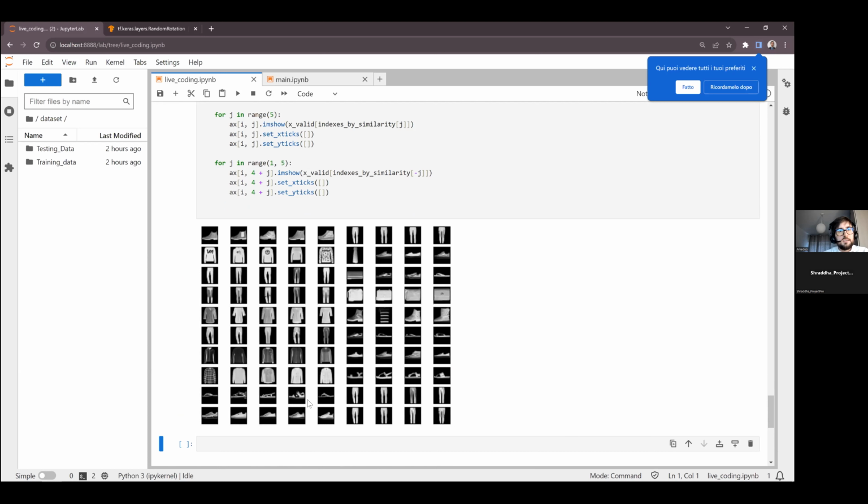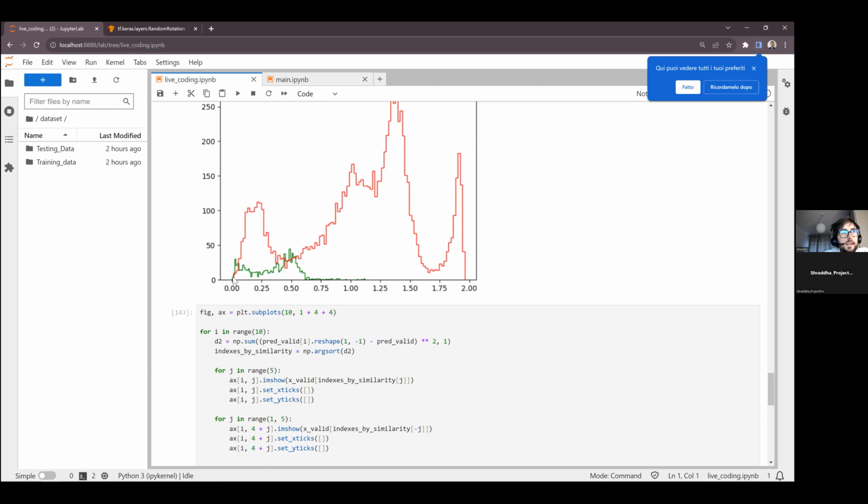The most similar images are still very similar, at least by eye, I would say. I don't know what you think, but it is working fine, probably because if we go really, really close here in this small angle on the left, we have similar images. But we would probably get something strange happening if we go a bit farther apart. For example, maybe the first 10 images are really, really similar, but if we go a bit farther apart, it's less clearly defined.